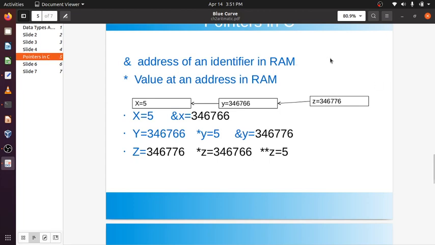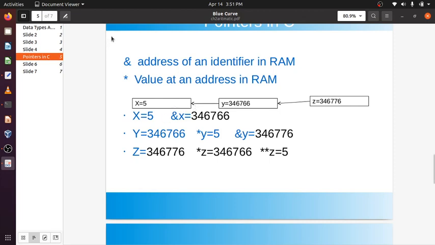Each and every byte of RAM can be accessed by its address, and by that address I can access the value in that particular byte. Now I can access the value of x directly by printing x, or I can say: give me the value that is there at that particular byte location of the RAM.